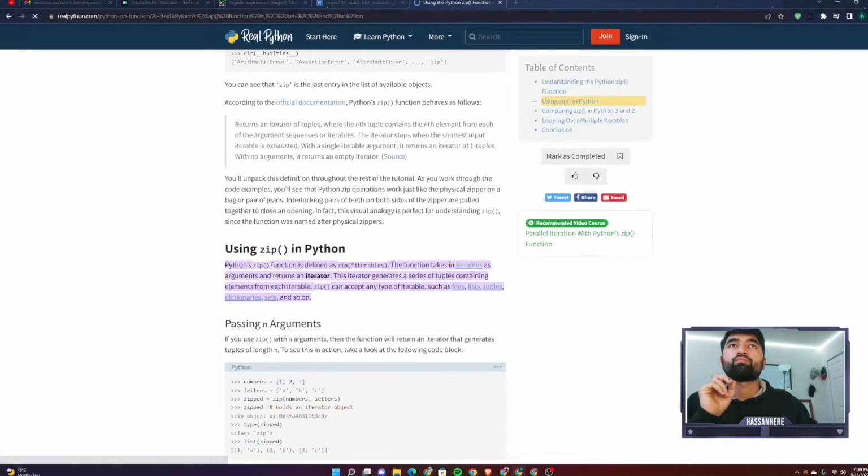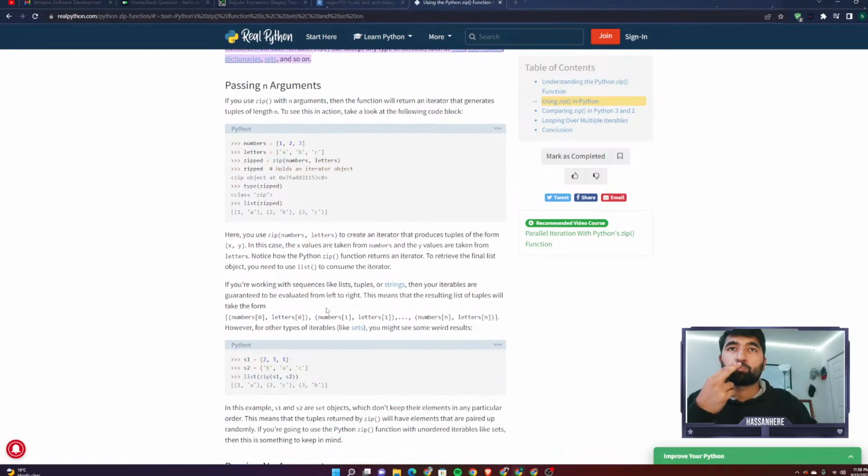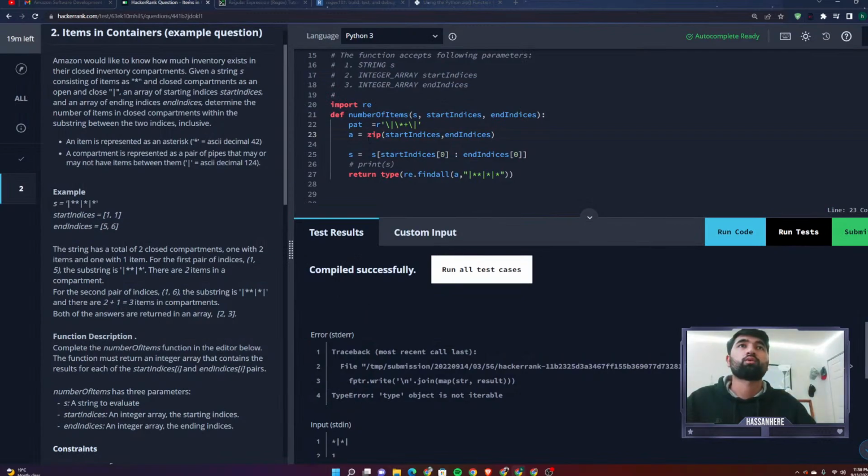Okay. We got type zip. Okay, for in this thing, then we can say over this thing and this thing, right? Okay, makes complete sense now. We can convert a zip into a list, right? This is